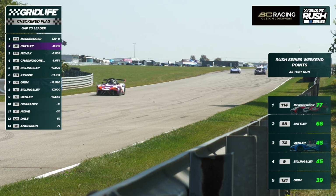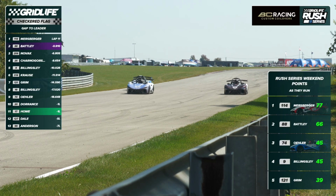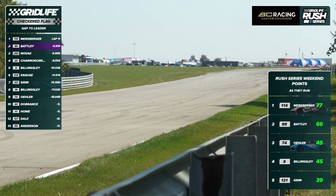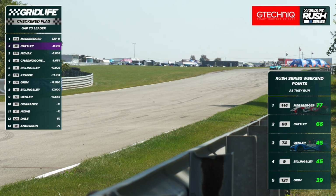Have a look on the right. That's going to put Ayler tied with Billingsley for third, and I think the tiebreaker is where they qualified, which I think would be advantage Ayler. So wow, that was going to change not necessarily the row that Billingsley starts on, but which side of the row, and will give Ayler an advantage heading into race 4. Yeah, if I was Billingsley, I would have wanted that inside second row instead of the outside second row. But it all depends on how that first row handles it too. So